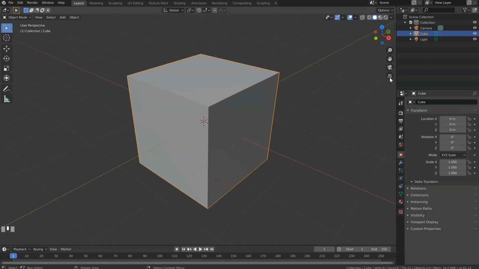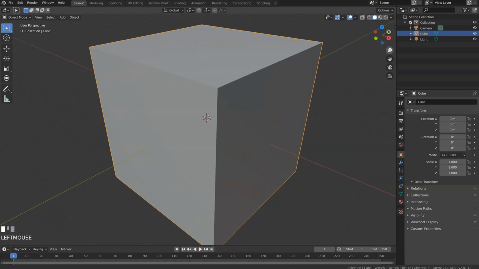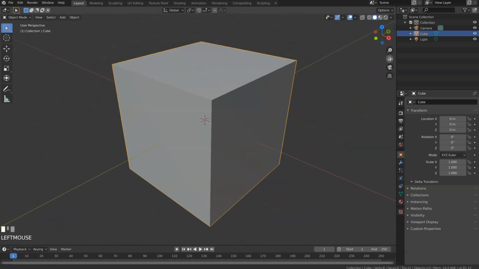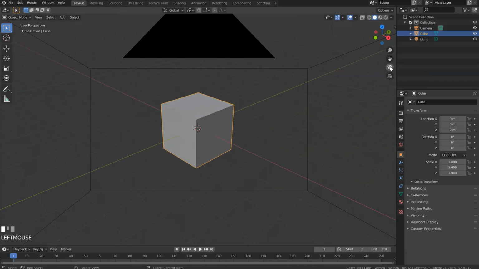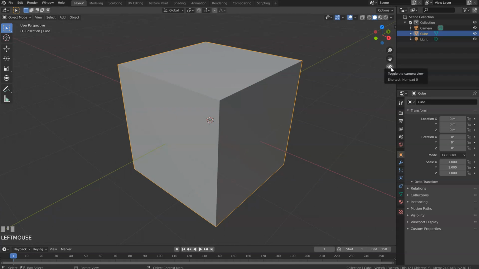You also have some shortcuts here. This is click and drag to zoom in vertically, click and drag to pan. I don't know why they haven't had the rotation. This is pretty weird. This one is to go inside the camera if you have one. Boom. You can click here and you can see the shortcut.